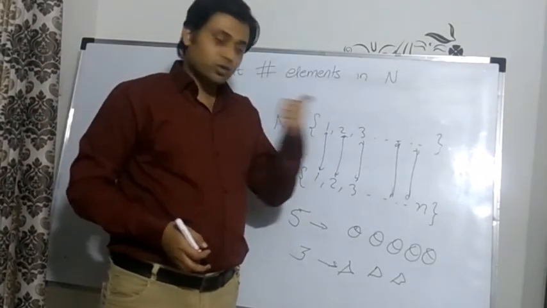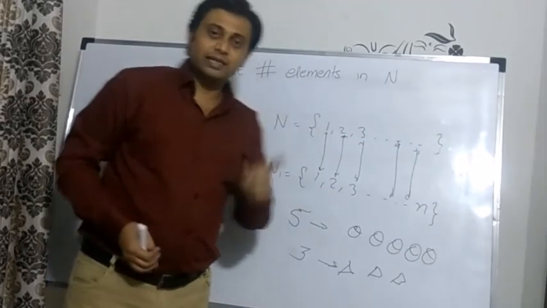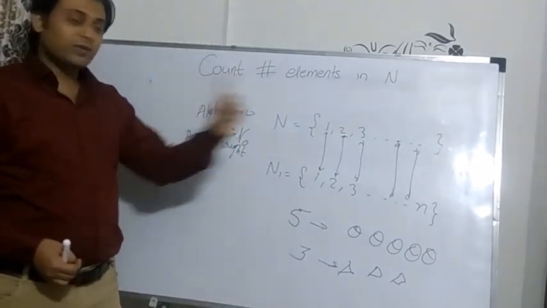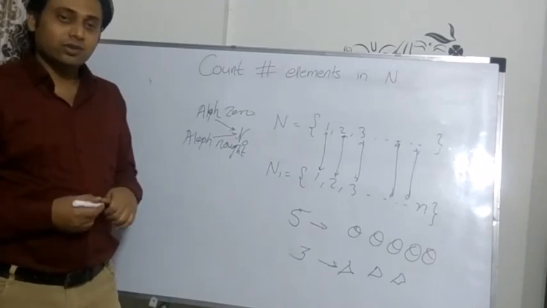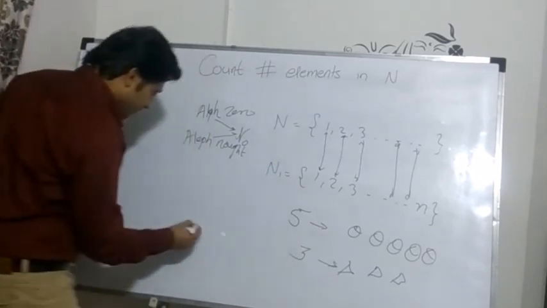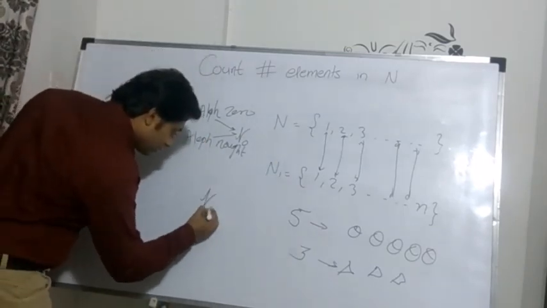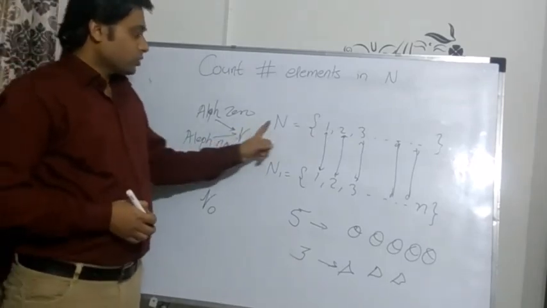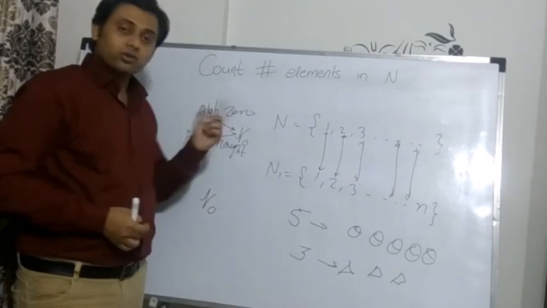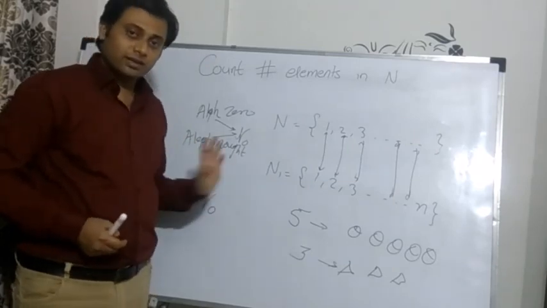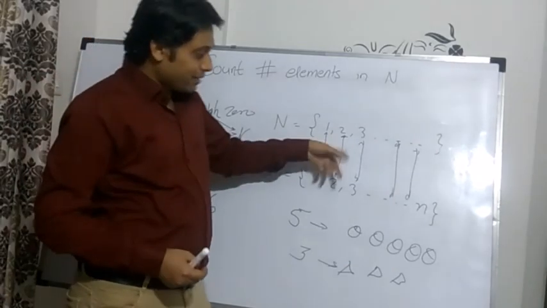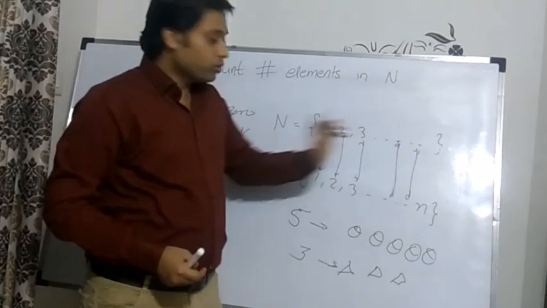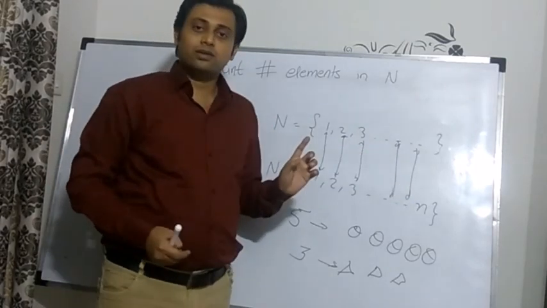So now infinity has a symbol. Infinity has a number which is Aleph 0. Okay, I will redraw this separately. This is Aleph 0. So the number of natural numbers is Aleph 0 according to Cantor. Now we will use the same template to count the number of elements in some other